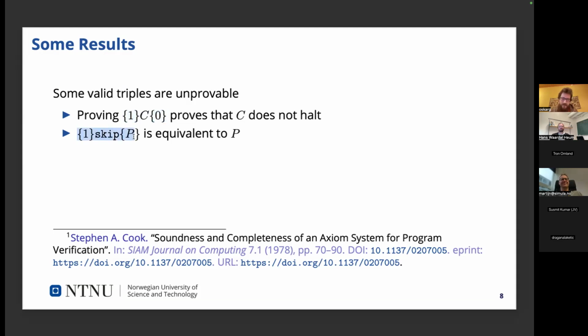And for this other one, if we have a starting predicate that is always true, and then we do nothing, and we know that we have P at the end, where P is, say, the Goldbach conjecture, then if we could prove this statement, we've proved the Goldbach conjecture. So we can't prove these kinds of statements generically either.